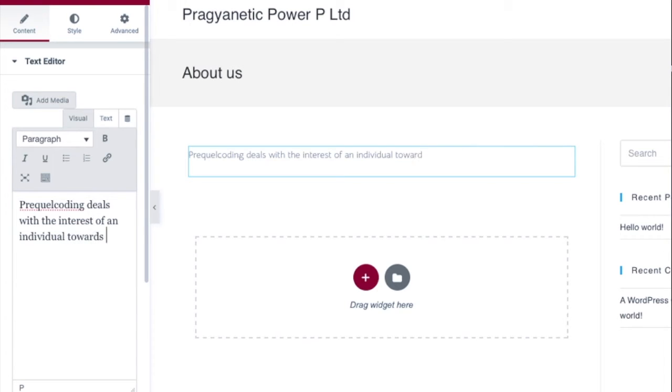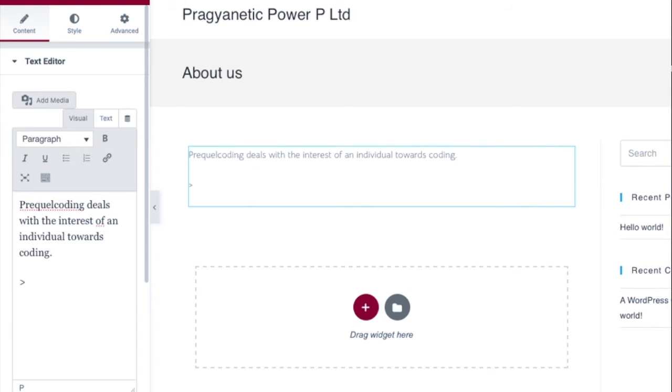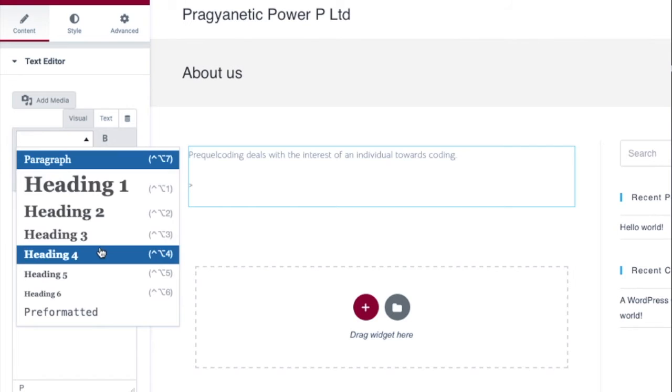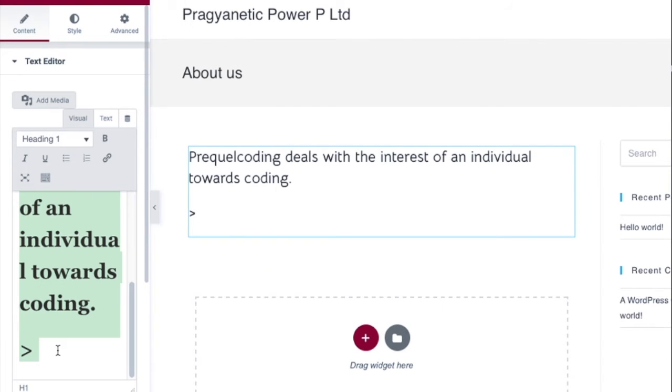I'm just inserting the text at random. You may insert your own text and publish it onto your website. This is a very basic step while you are going to add the content and publish it on your own website. Now let me just try to add another line.